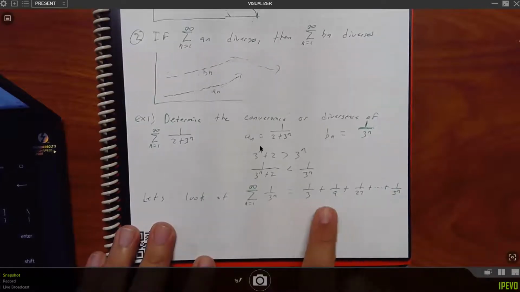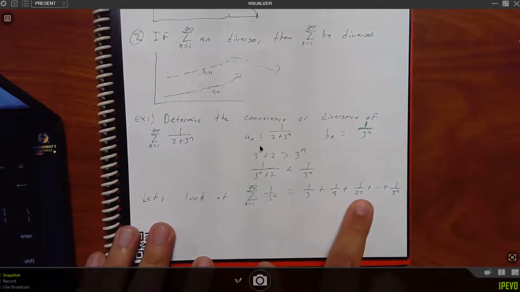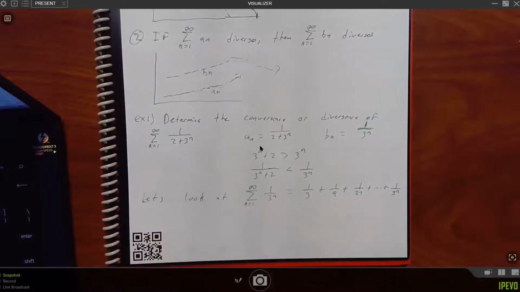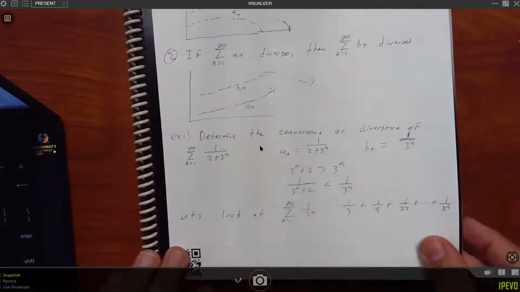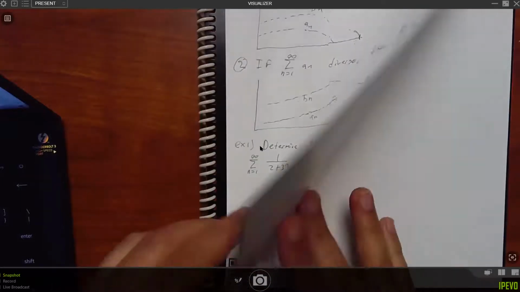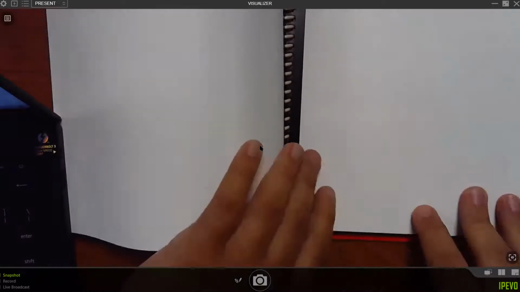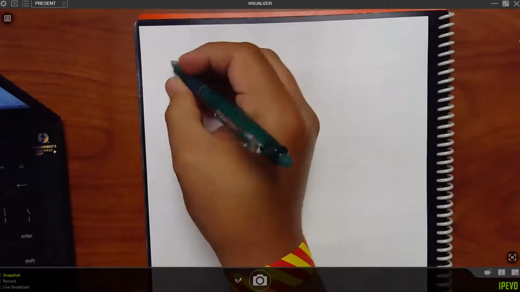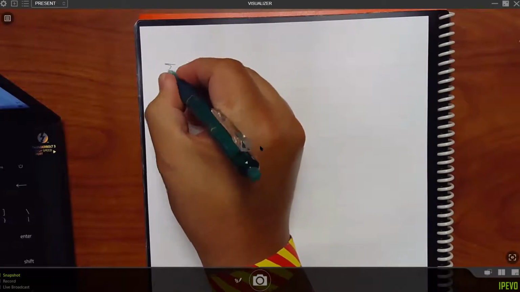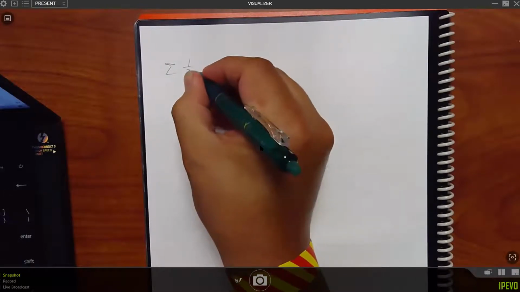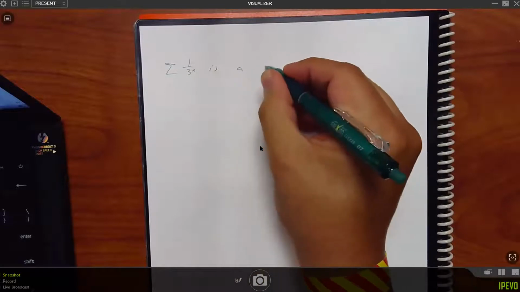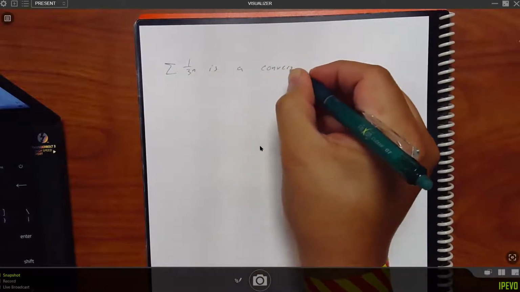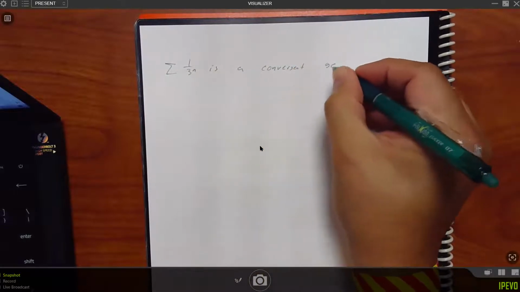Because you have a third squared, a third cubed. So remember how we have to look at the r? The rule for a geometric series, if r is less than 1, then it's a convergent series. So the series 1/3 to the n is a convergent geometric series